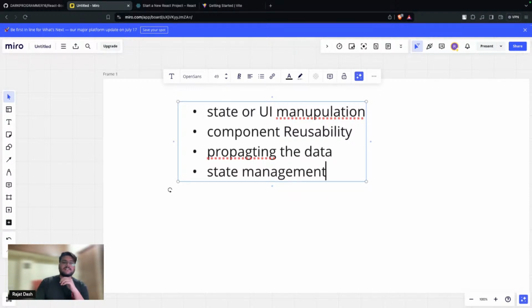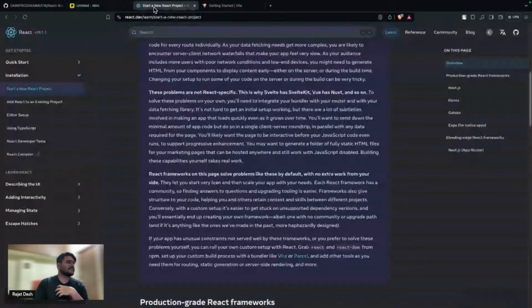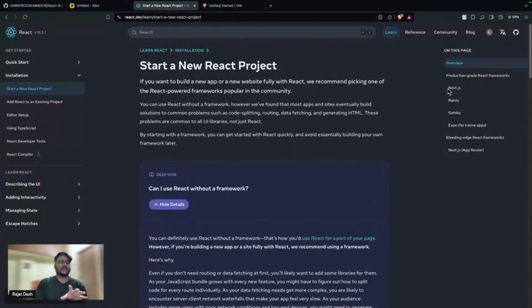Now, you guys must be wondering what this state is, what this component reusability, propagating data, and state management. So, to explain you in layman language, state or UI manipulation, think of it as a variable. Okay, in a web application, let's take this React dev page only.